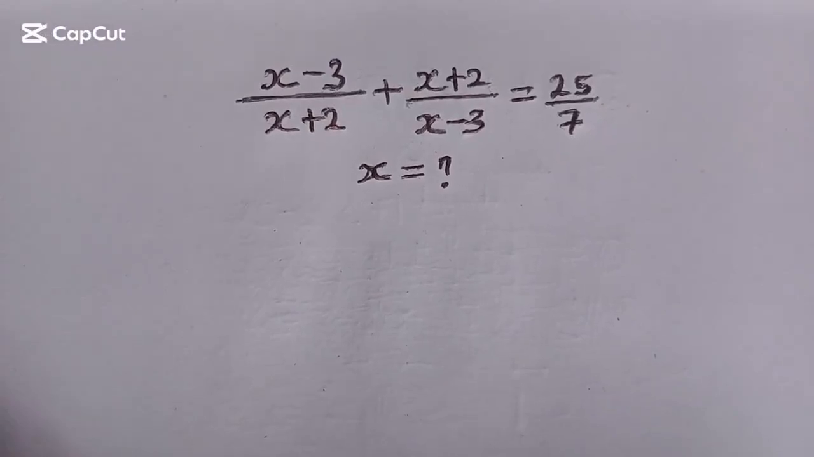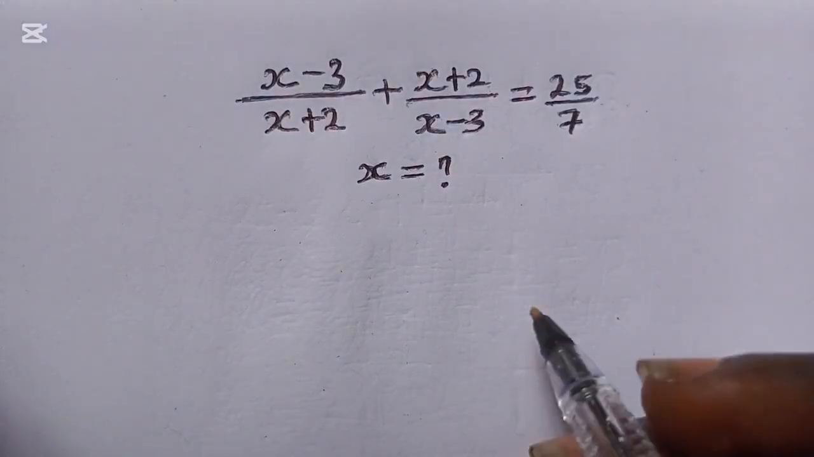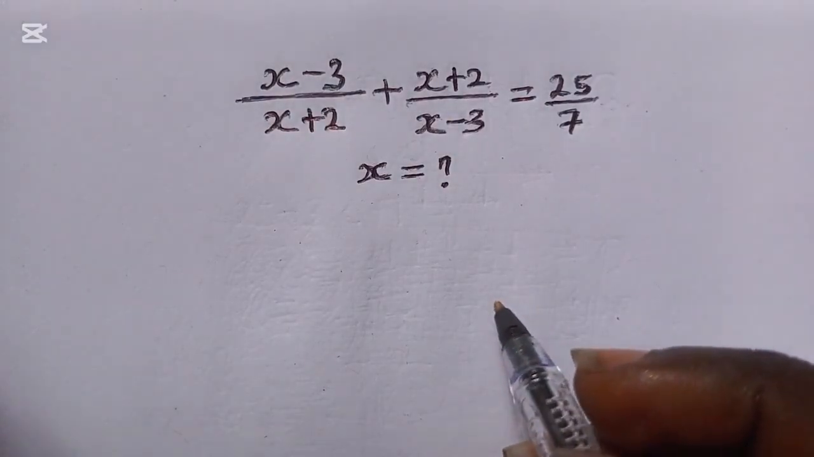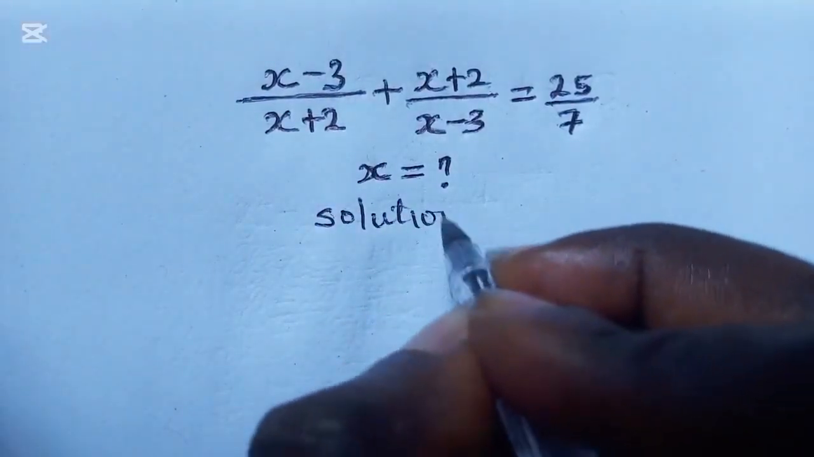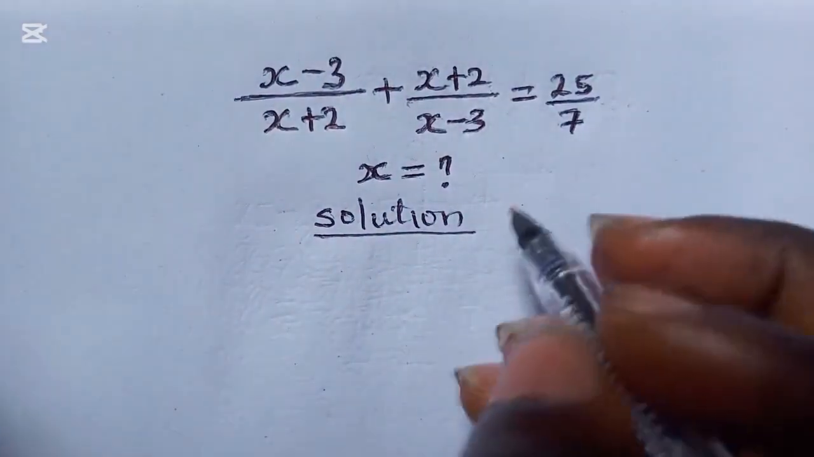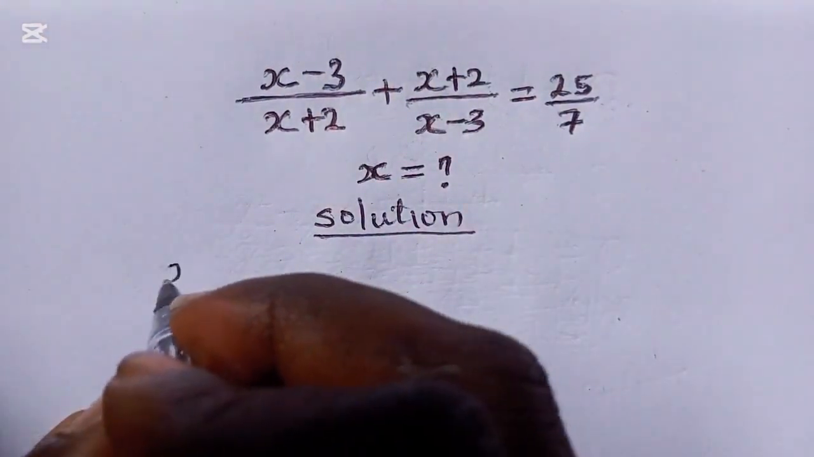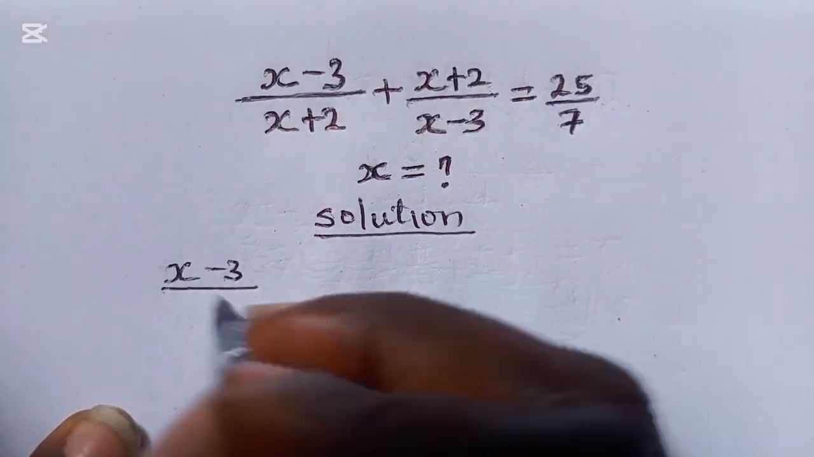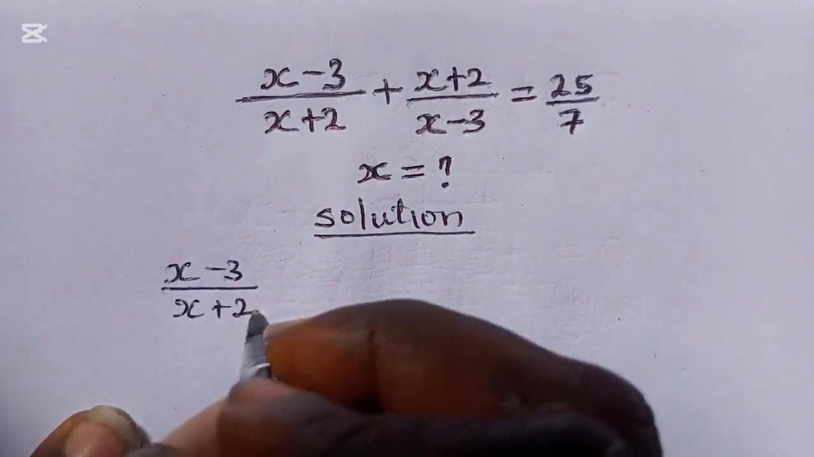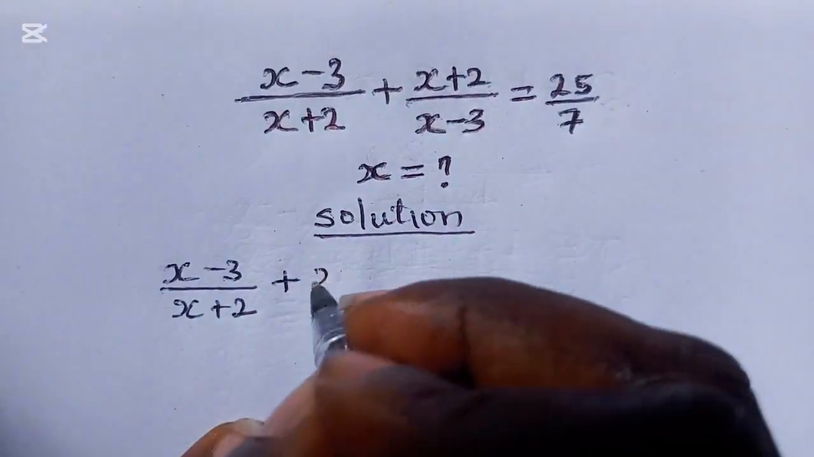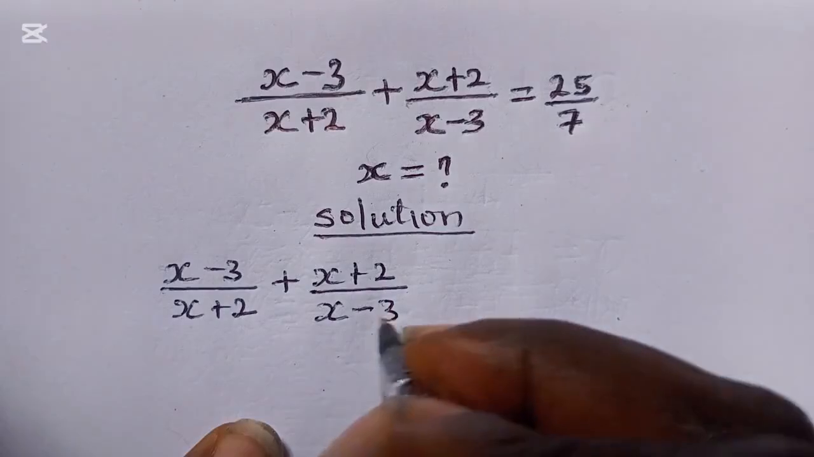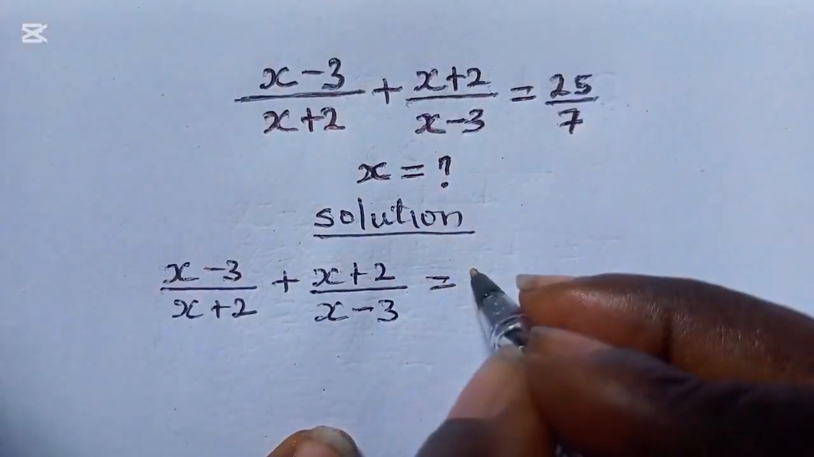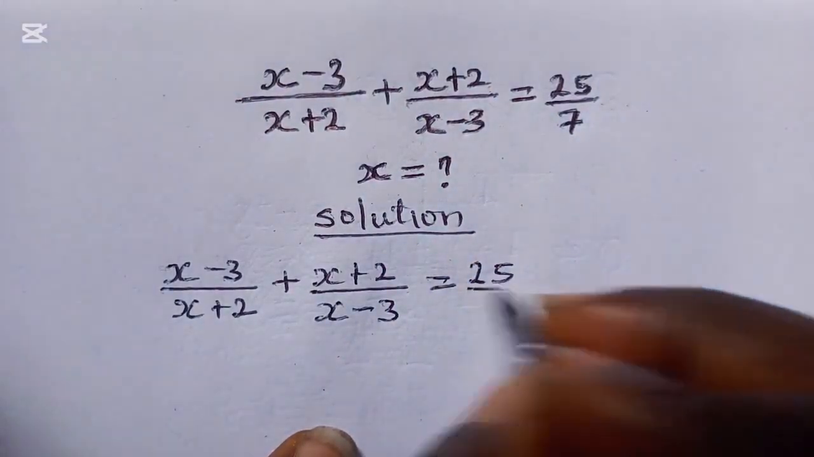This is a tricky Olympiad algebra equation, but I will make it simpler with this method. Solution. So we have (x minus 3) divided by (x plus 2) plus (x plus 2) divided by (x minus 3) equals 25